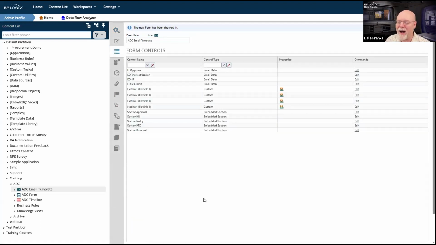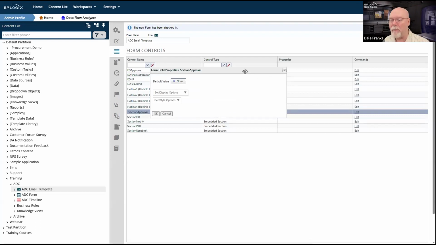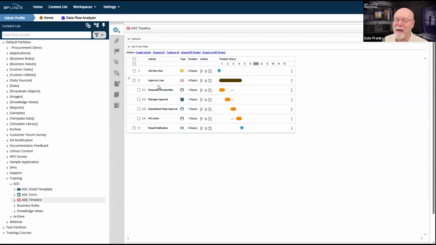Ooh, it's so pretty. This is what we want. So we're going to go through these. Now they're in alphabetical order, but that's fine. They're all together, all of my embedded sections. That's why I named them this way, specifically because I want all of my sections to appear together on the form controls tab. When I do things like this, I'm now going to need to put in the visibility conditions for all of these. Remember, the visibility conditions have to be mutually exclusive. Now, it's not going to be super hard to do this, although I am going to need to have some reference to my names here.